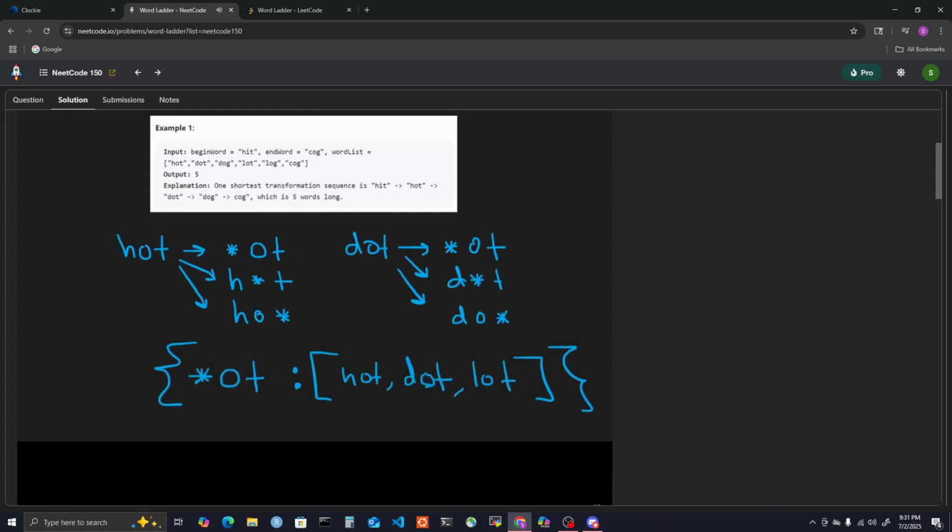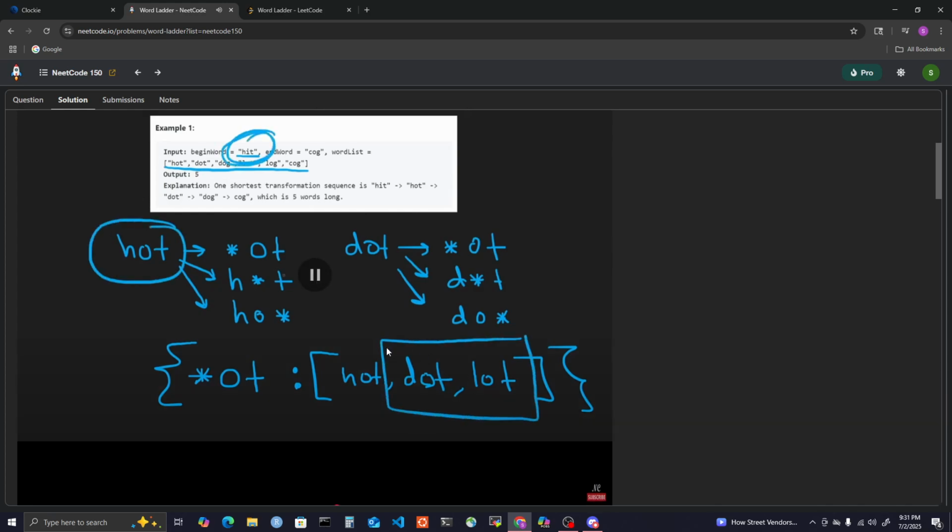H star T. Are there any other words in our list that match this pattern? Well, hit is going to match that, right? Hit is going to match the pattern H star T. So in that list, we would have hot and hit. So that's how we get another neighbor for hot. And lastly, we'd see, are there any other words that fit this pattern HO star? In our list, I don't think any other words are going to fit that pattern. Only hot itself fits that pattern, so it doesn't have any additional neighbors. So all the neighbors of hot are going to be dot, lot, and hit from up above here. And so